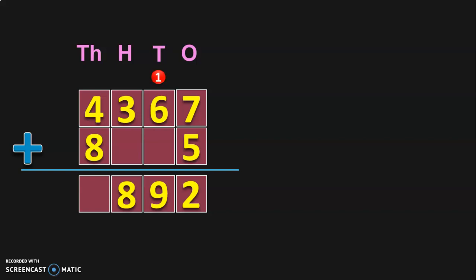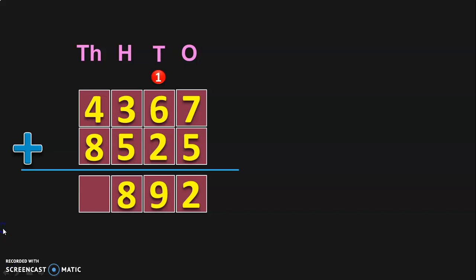Now add the digits in tens place. 1 plus 6 is 7 plus dash is going to give you 9. What is to be filled in the dash now? It is 2. So you get the answer to be 1 plus 6 plus 2 to be 9. Next, move on to the hundreds place where you have a 3 plus dash, which is going to give you 8 as an answer in the hundreds place. 3 plus what is 8? 3 plus 5 is 8. So you get 3 plus 5 to be 8 in the hundreds place now. Next, move on to the thousands place where you have 4 plus 8.